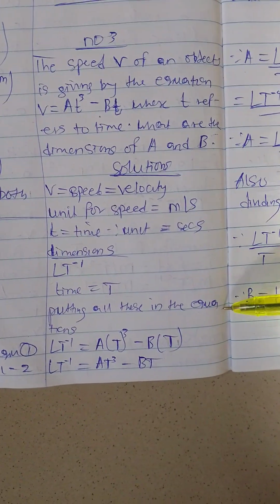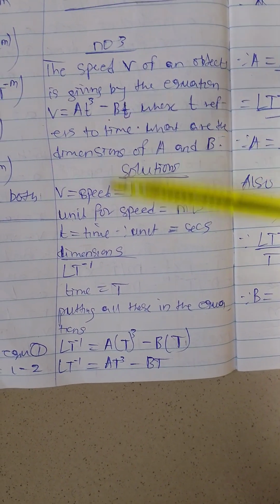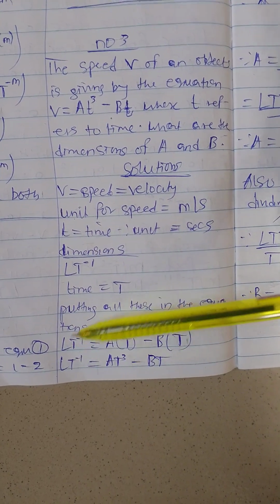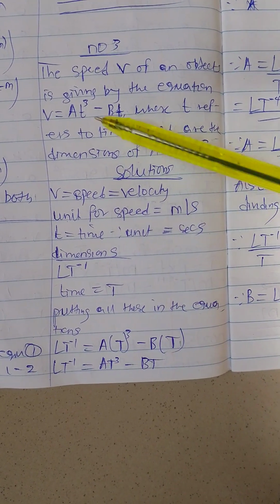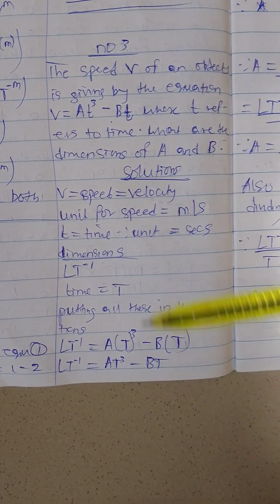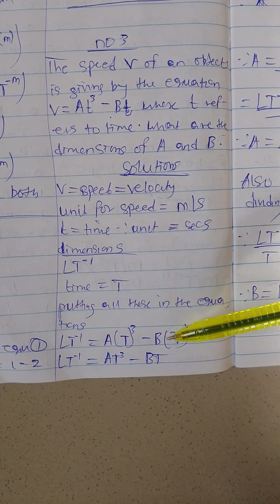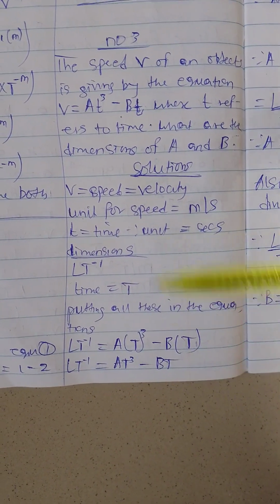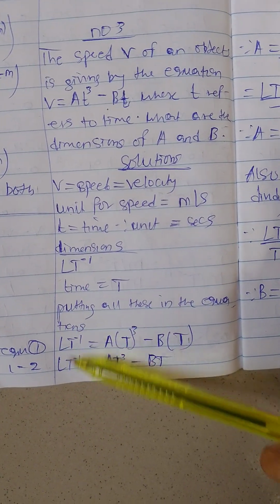So therefore, putting all this in the word equation, v is velocity. The dimension for velocity is LT raised to power minus 1, which is equal to a, and the dimension for time is capital T, so that is T raised to power 3. Now minus b, and the dimension for time is capital T. So that becomes LT raised to power minus 1 is equal to